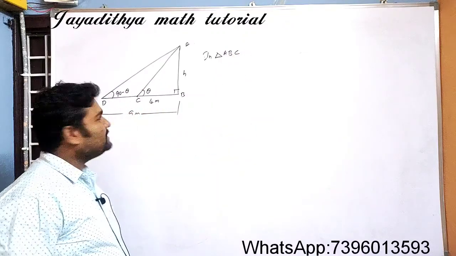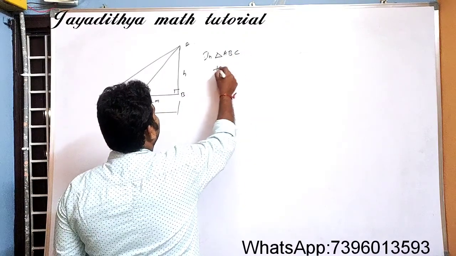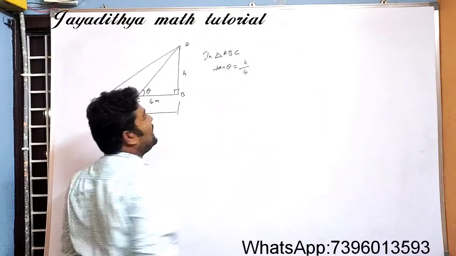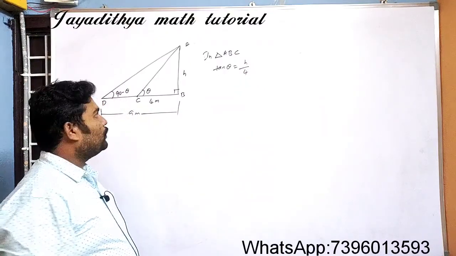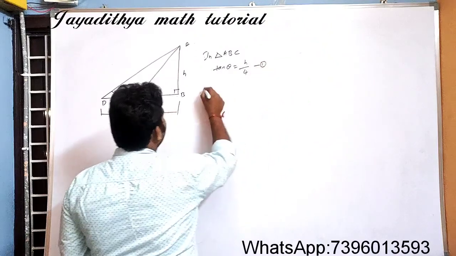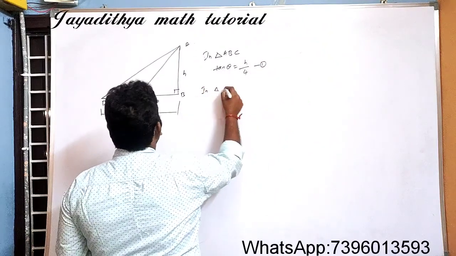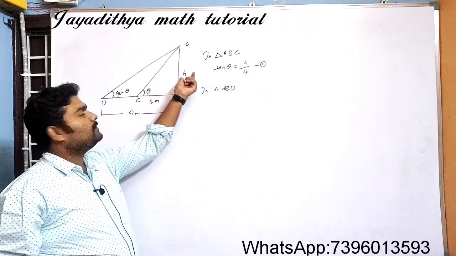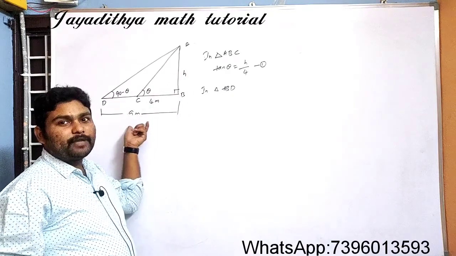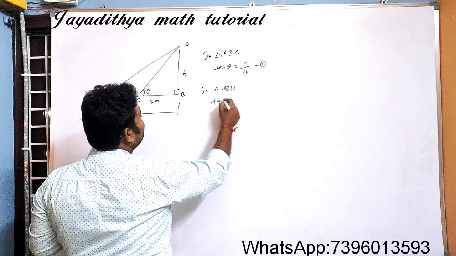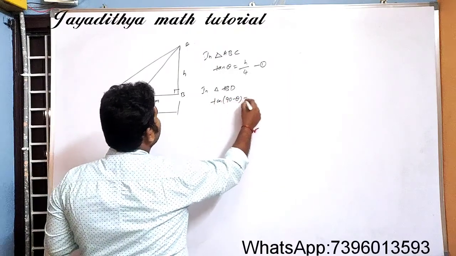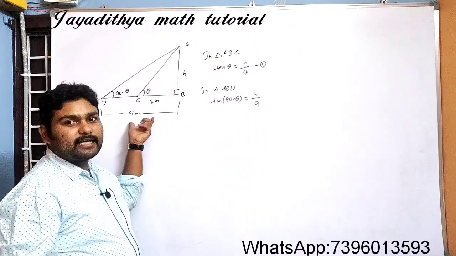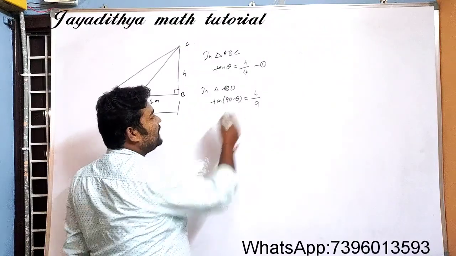that is triangle ABC. In triangle ABC, tan theta is equal to opposite by adjacent, h by 4. Tan theta is equal to h by 4. Take this as equation 1. Next, in triangle ABD, again you need the height, the opposite side and the adjacent side. So take tan(90 minus theta), which is equal to the opposite side, that is h, by 9. H by 9, the adjacent side is 9 here.